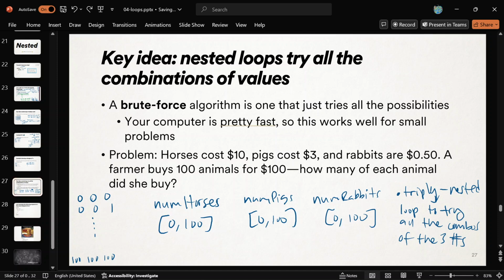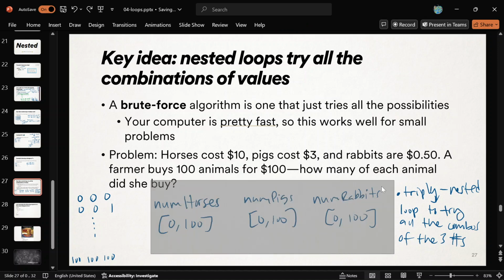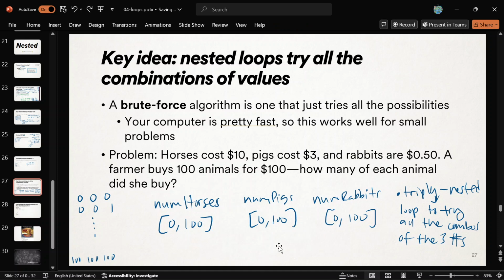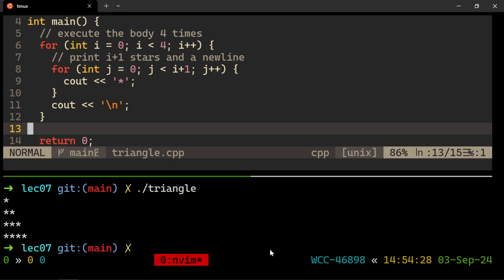But it doesn't matter. This is brute force. We're just throwing the computer the problem. Sometimes it's not the right answer. Okay, but do you see how if we range over these possible values and try every combination, the answer's in there somewhere? You can't buy fractional things. That's one nice reason why this will work. Okay, are we ready to figure out the solution to the puzzle?